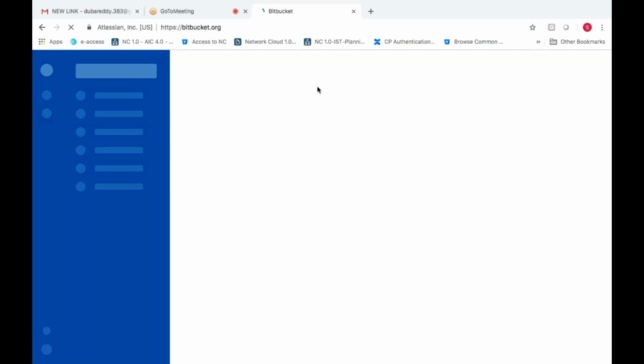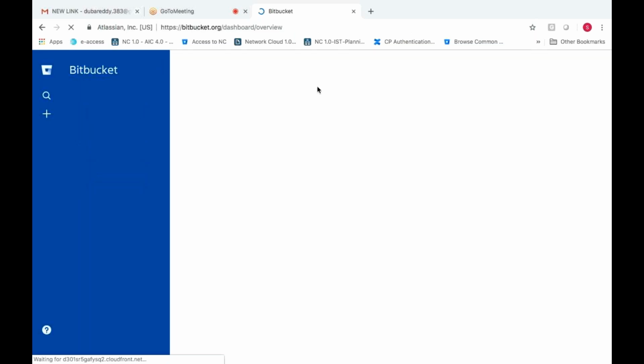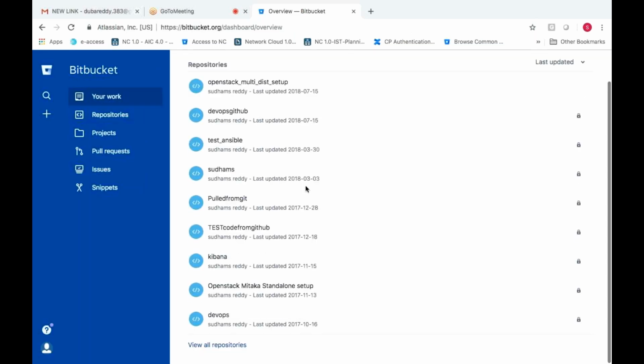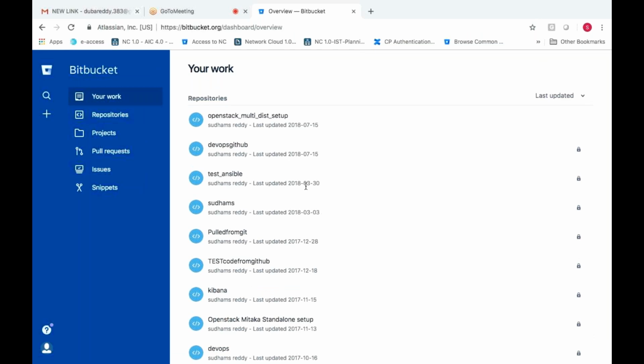I created my Bitbucket repository from my Gmail account itself. I have so many repositories created: Kibana, Test Ansible, DevOps, GitHub. I just created an OpenStack multi-disk setup. So I've created a few repositories.